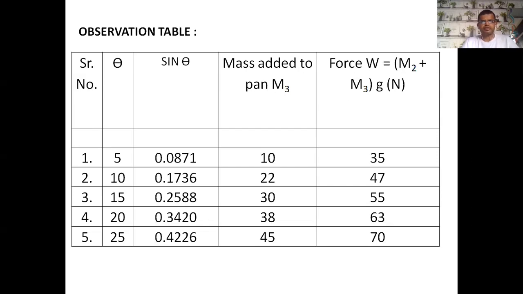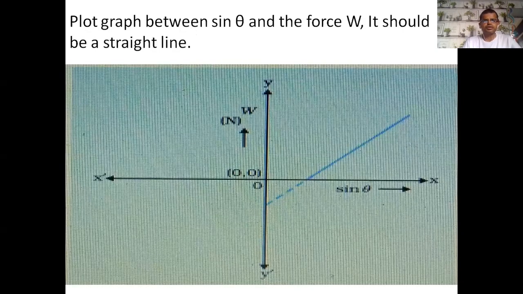So as per the aim, we want two values, theta and W. After that we plot one graph, W against sine theta, and definitely we find a straight line, only a straight line. We don't want any calculation, any slope. So this practical is over here. No calculation after this column. Directly plot one simple graph, only a straight line, and your practical is complete here.